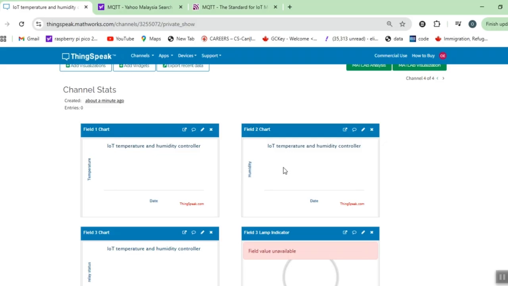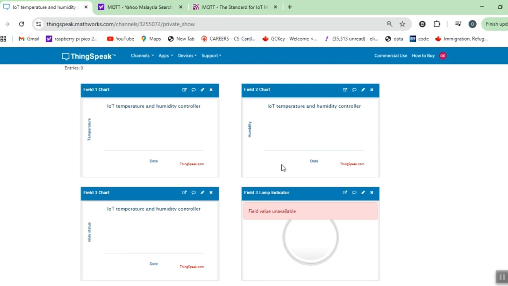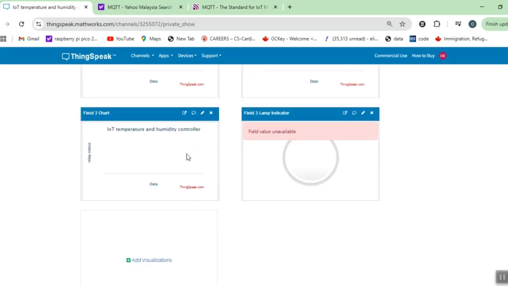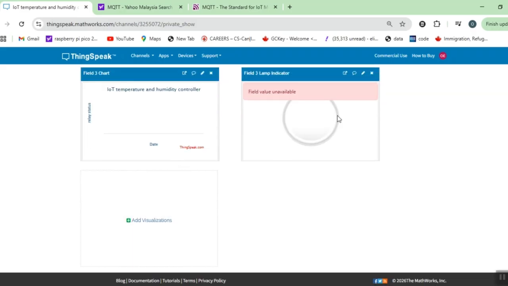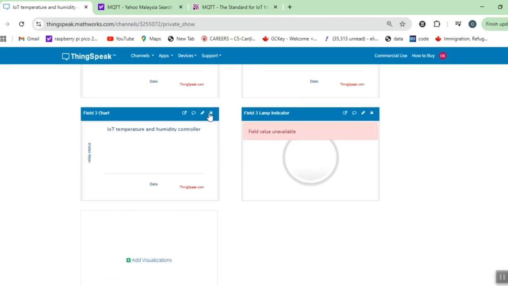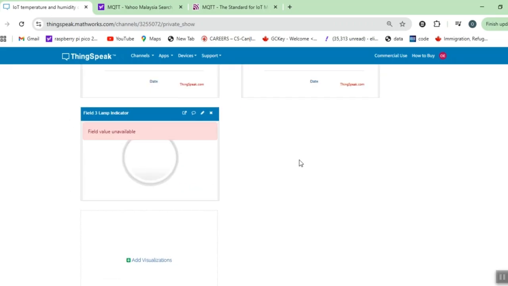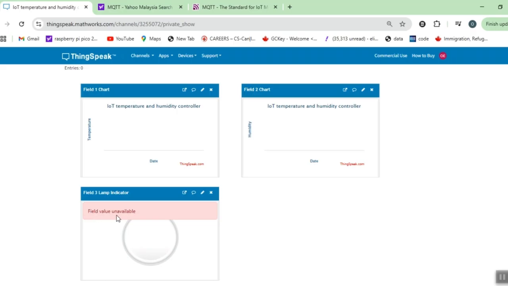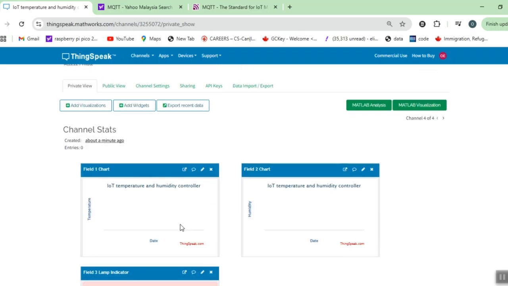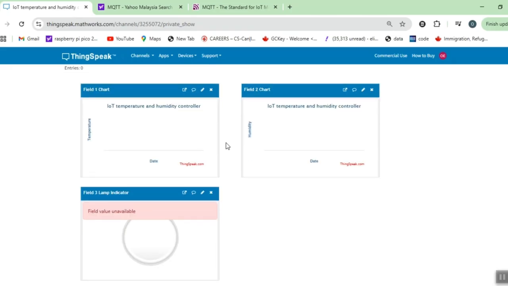So if you are working on a project that requires monitoring at less than 15 second intervals, maybe you want to monitor every 3 seconds or every 2 seconds, then maybe ThingSpeak may not be the right one for you, or maybe you can explore their paid version. In this case I'll just delete this widget since I don't need it anymore, so you can just click on that to delete. It says field value unavailable. You can see how quickly it is to set up the IoT visualization on this